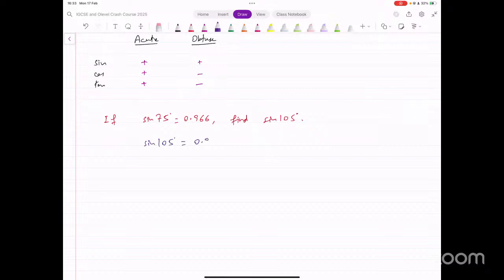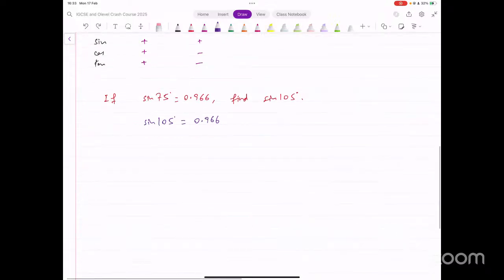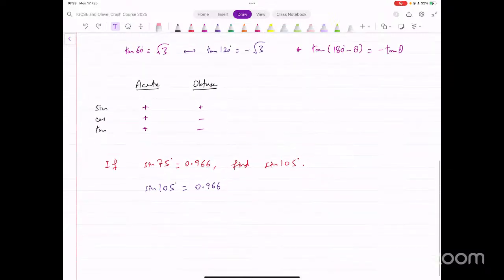That is also going to be 0.966. You can write it directly without using a calculator because they add up to 180. If one is this, the other also has to be the same. Okay. However, if they replaced it with something else, let's say they gave you that